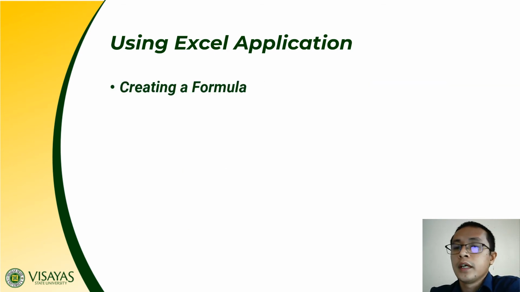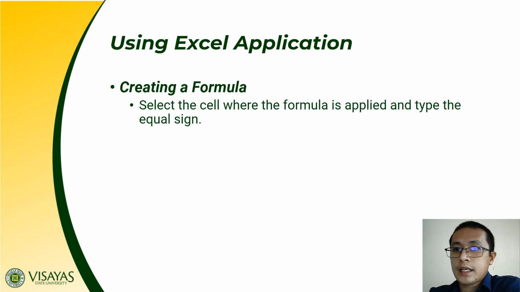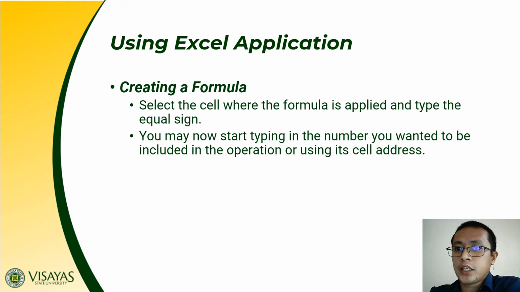Then how do we create a formula in Excel? To create a formula, we'll start with an equal sign to tell Excel that we are going to create a formula in the document. And then after entering your equal sign, you can now start typing the numbers you want to perform the